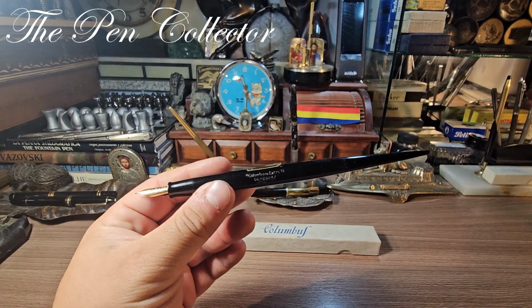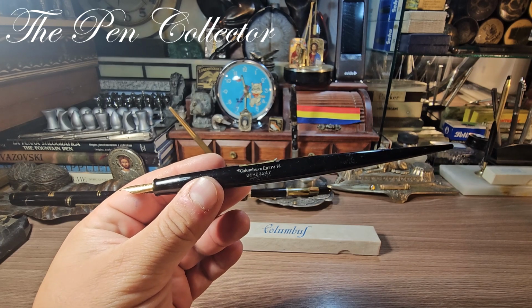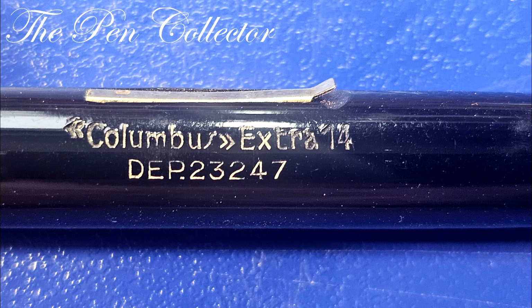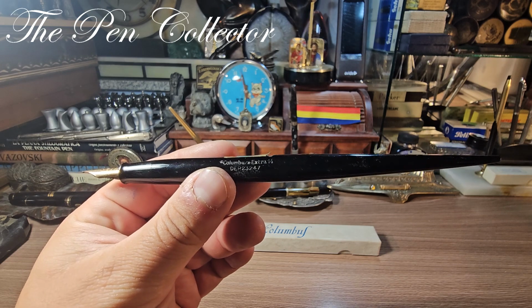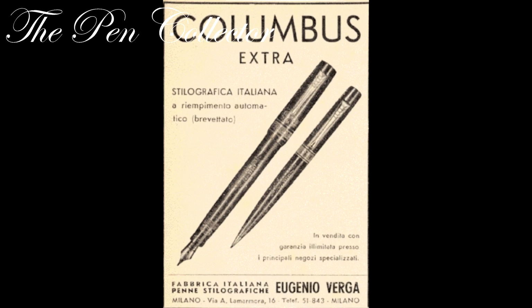In 1924, the Columbus trademark was registered with the Italian Ministry of Industry with the number 23247, as you can see here. In the same year, in 1924, they added the word extra to the initial brand of Columbus. In 1927, the brothers went their separate ways, and Alfredo founded Omega, and Eugenio continued alone with Columbus until his death in